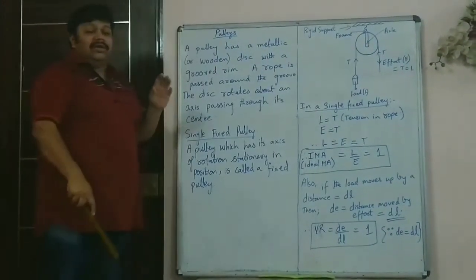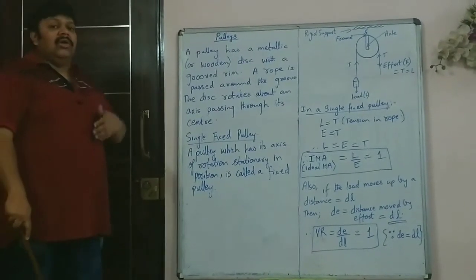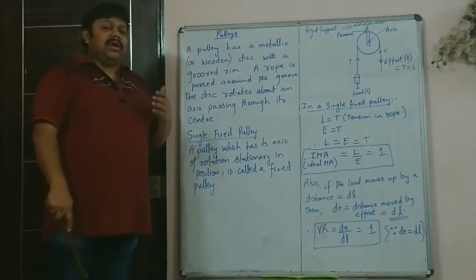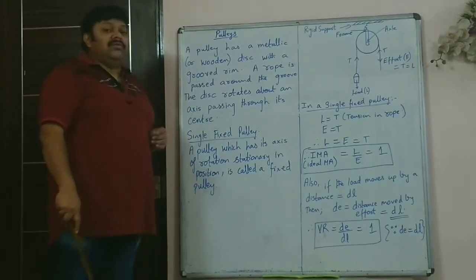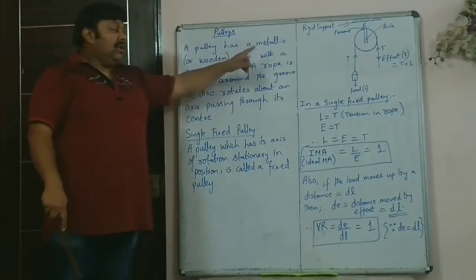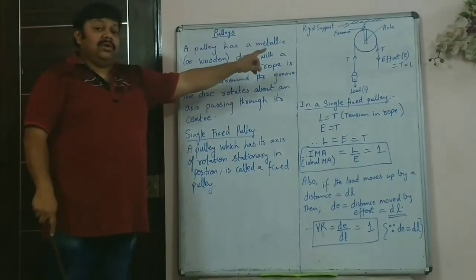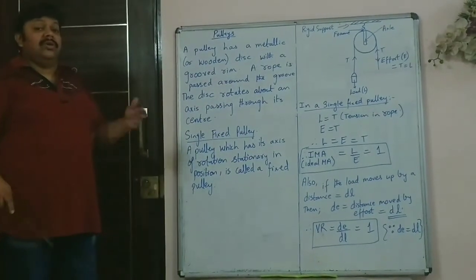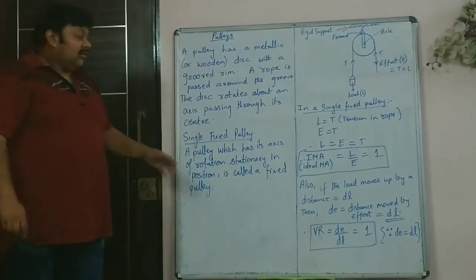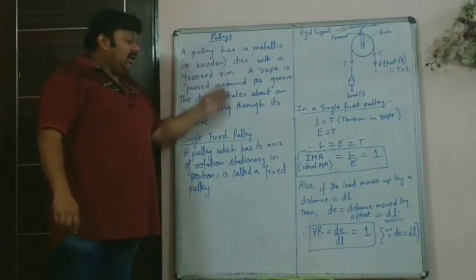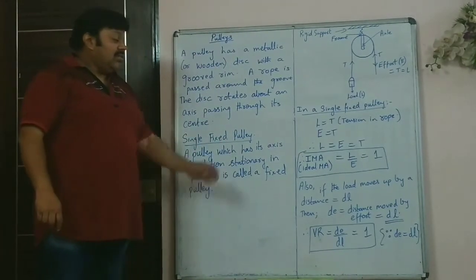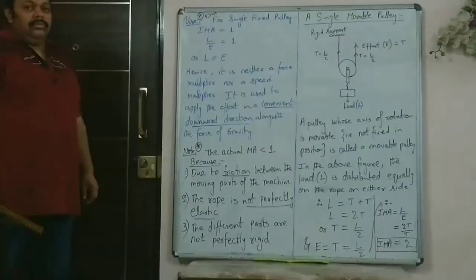It has been asked in many papers. Almost every paper has a diagram of a pulley. It need not be a single fixed pulley. It could be any pulley system which we are learning today. Copy it. We continue to see and write the points why MA will be less than 1.